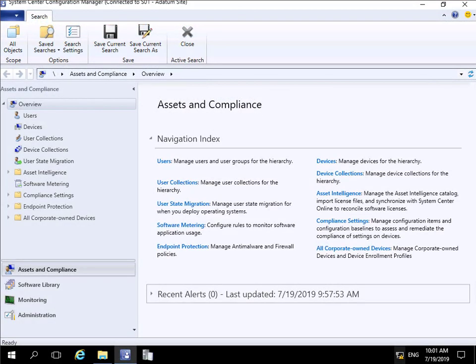In this demonstration we're going to look at backing up a primary site. The primary site in our case here is our System Center Configuration Manager primary site. We're going to configure the backup site server task, and then we'll trigger and monitor the backup so we know when it's complete. To configure the backup, first thing we need to do is just come into our administration